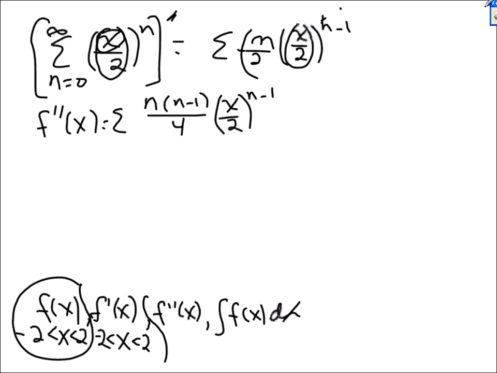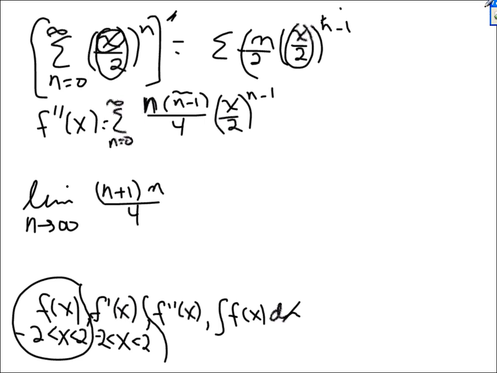I would use the ratio test. The limit as n goes to infinity of the n plus first term. n becomes n plus 1. n minus 1, well, n became 1 more, so n plus 1 minus 1 is n, over 4 times x over 2 to the n. And we multiply by the reciprocal: 4 over n times n minus 1 times